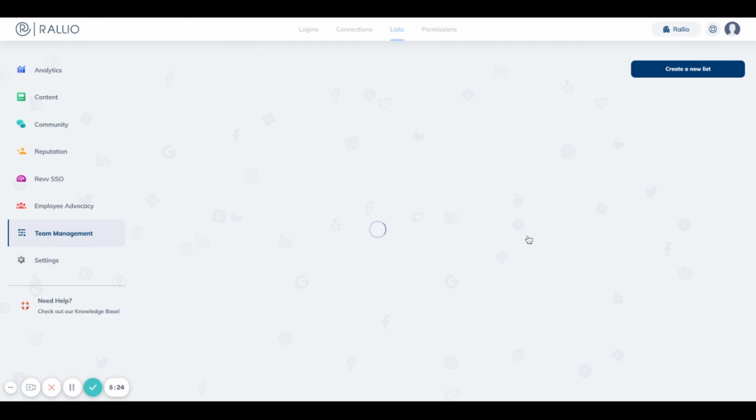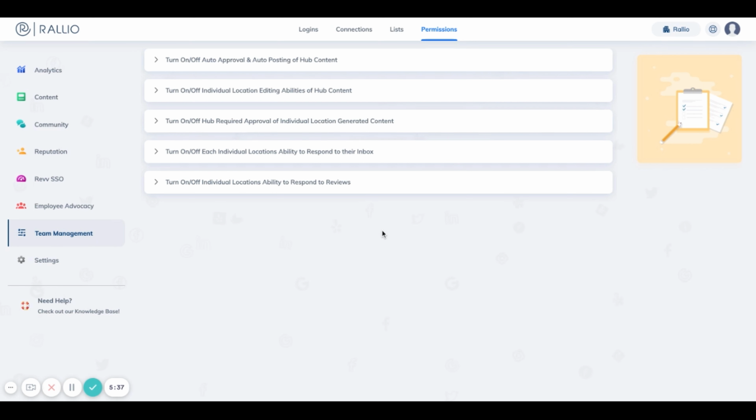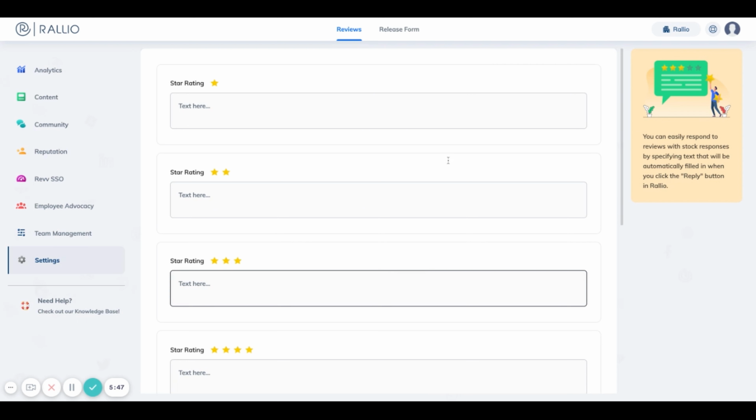Your Lists tab is going to show you all the lists you have created, the name of them, when it was last edited on, and who it was edited by. The permissions tab has not changed, so unless you want to change something to your permissions, just leave them as they are. And then the settings tab houses your autofill review responses, where you can add pre-generated review responses for